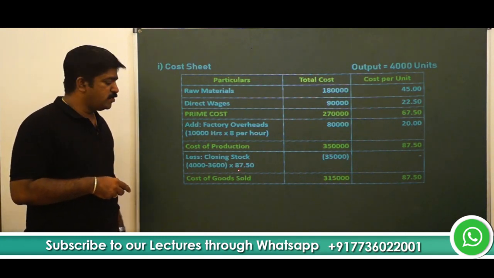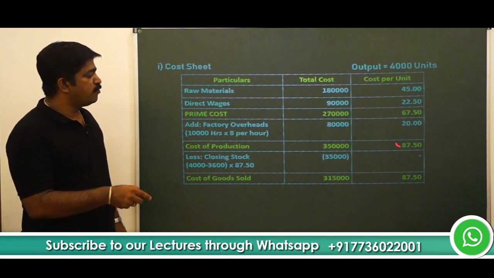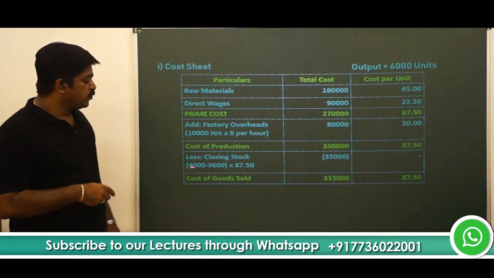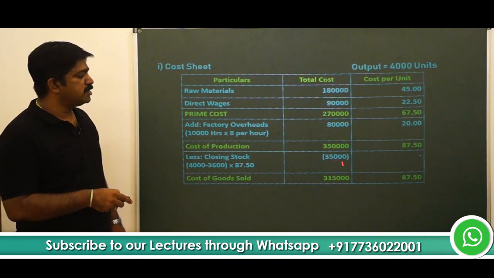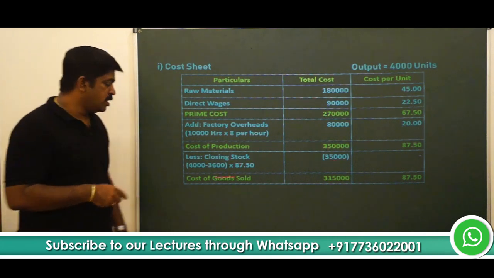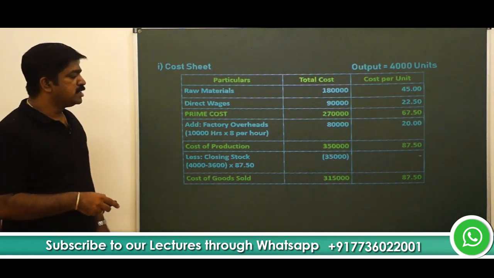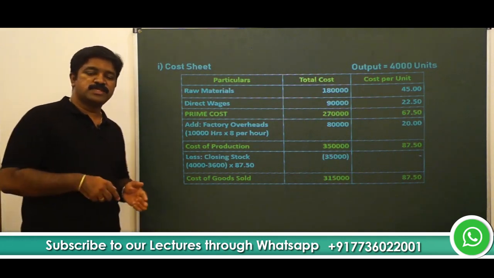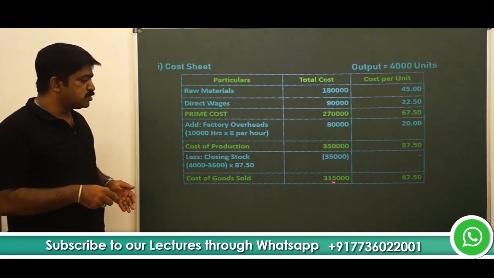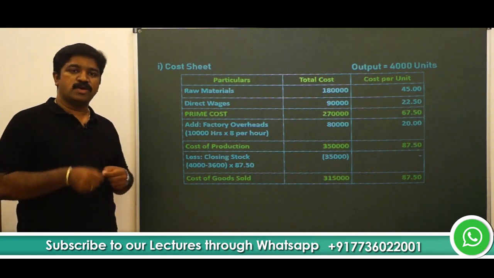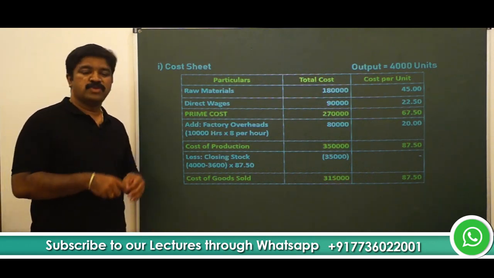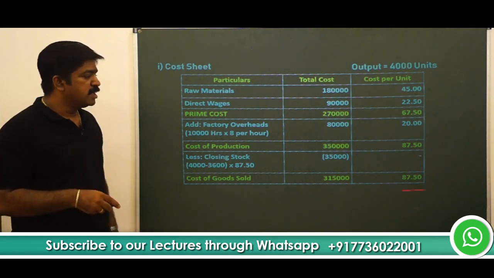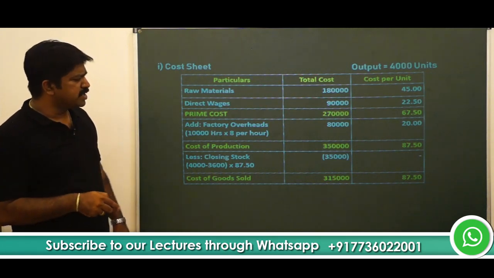What is this 87.5? This is cost of production per unit. So 400 multiplied by 87.5 is equal to 35,000. That has been deducted from 3,50,000. You get your cost of goods sold as 3,15,000. Now this 3,15,000 is the cost of goods sold, and if you want to know what is the real cost per unit, you have to divide this 3,15,000 by 3,600 units, in which case you will get it as